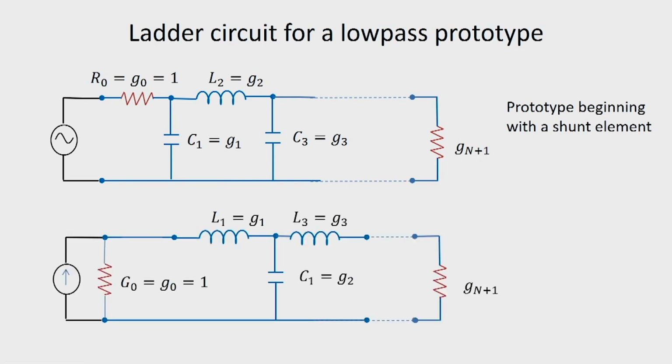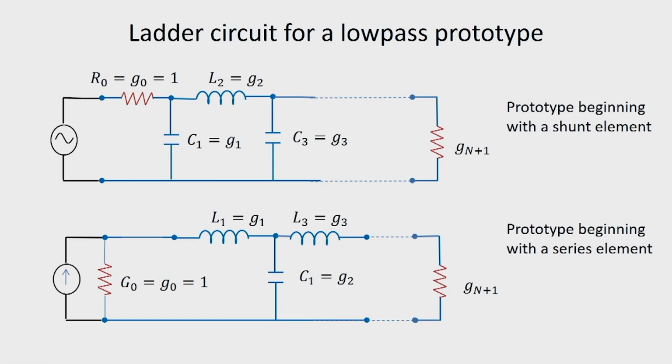And when the prototype begins with a series element, we can draw it as shown, and here also, if required, we can represent it in terms of a current source and a parallel source resistance. So, these are the two commonly used prototypes